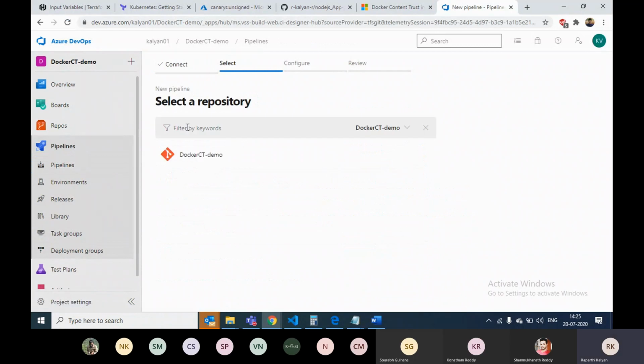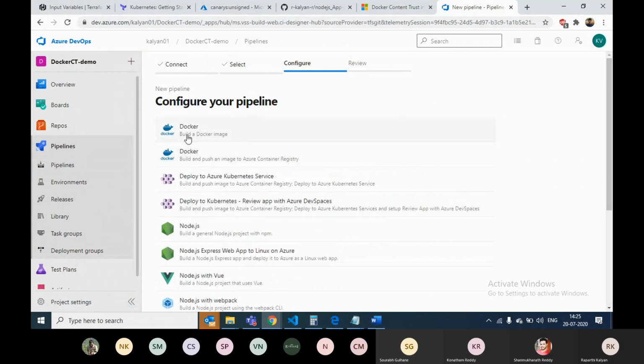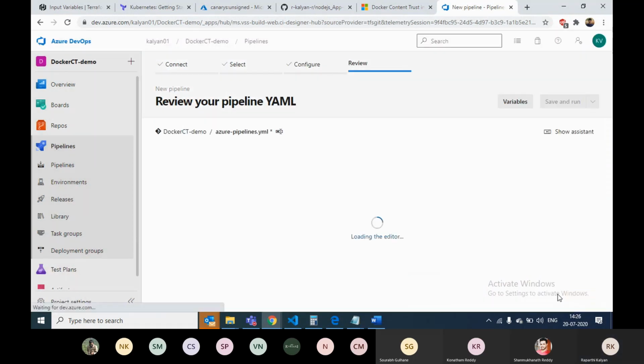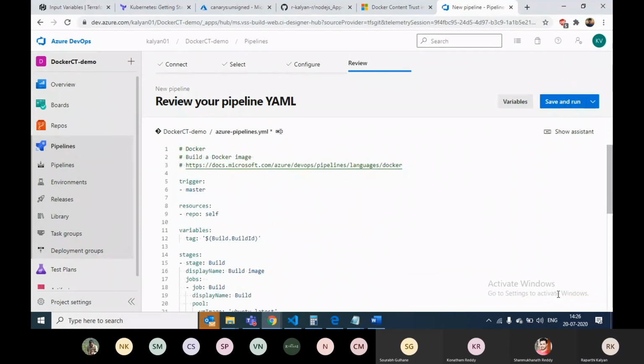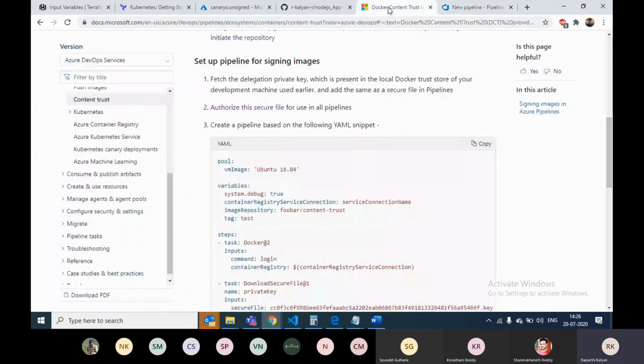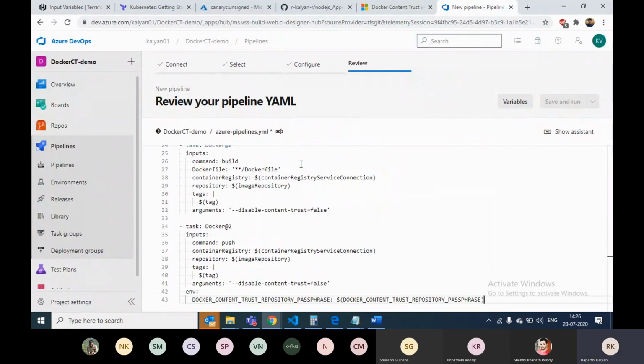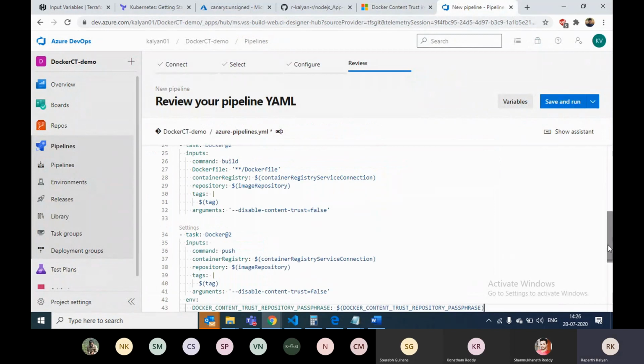For this setup, I'll use a YAML script. I don't want to start writing all the steps for now, so I already have a YAML script ready. I'll showcase what the steps are. Don't worry, I'll tell you all the details of what I'm doing.